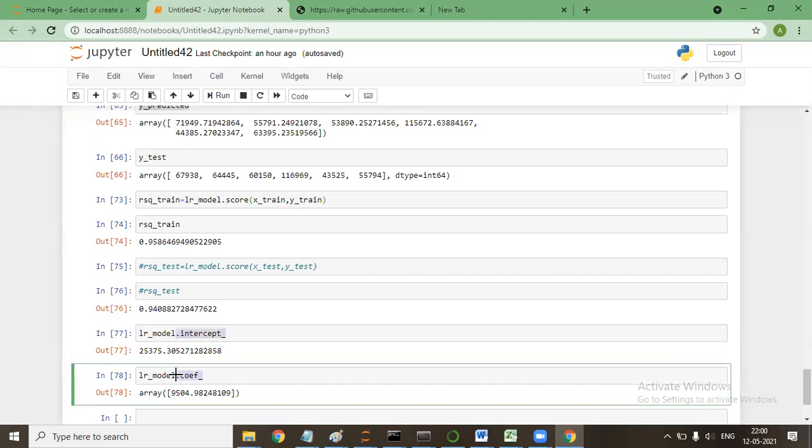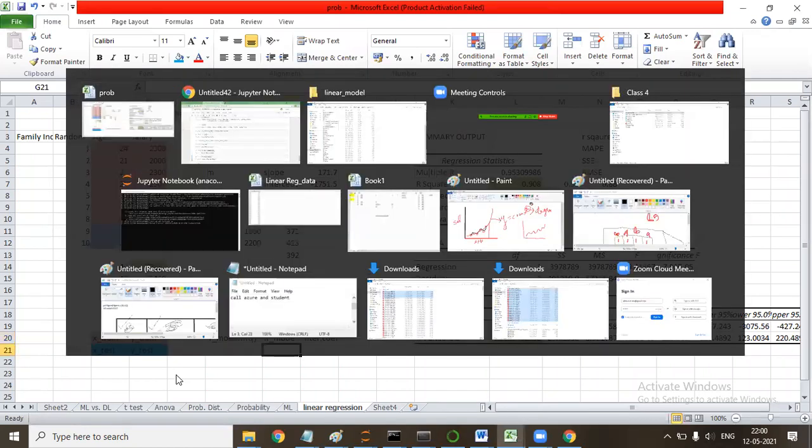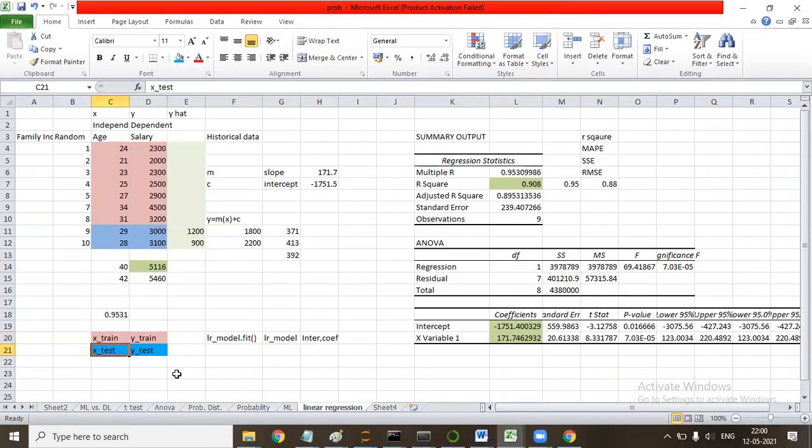Got it. Now, if I ask this model to predict, which data will I use? X test data. Correct, sir. And what output will I get? Y underscore predict.